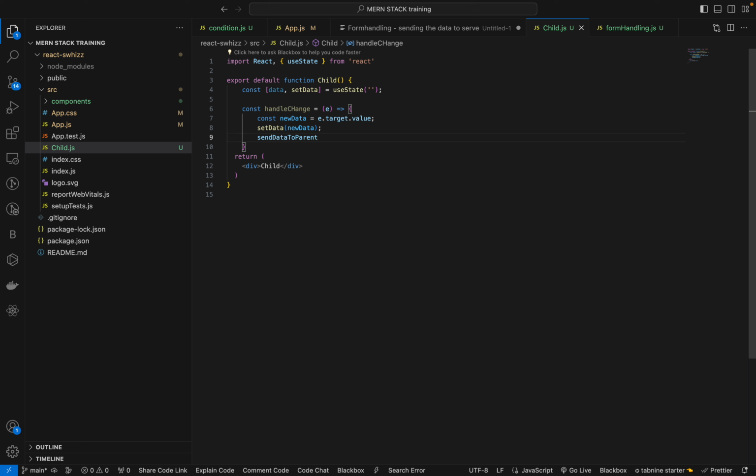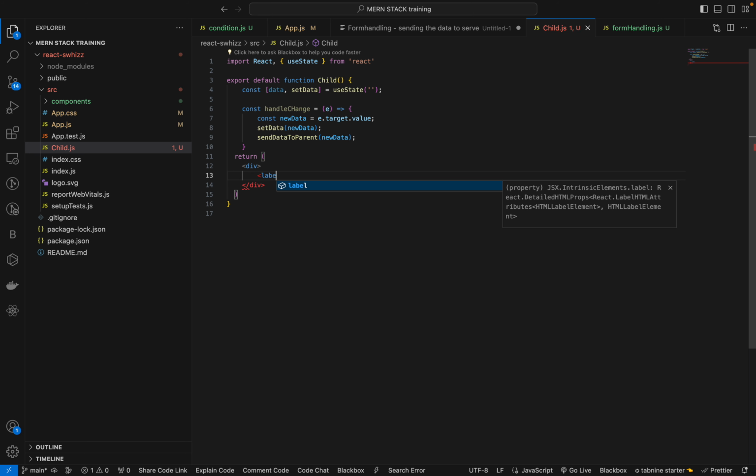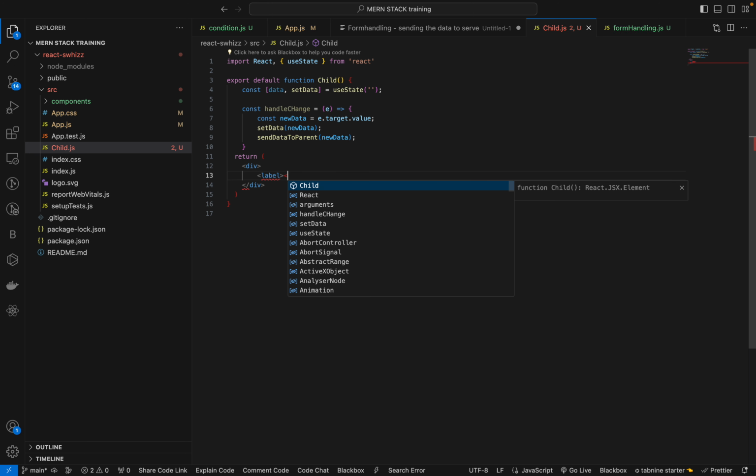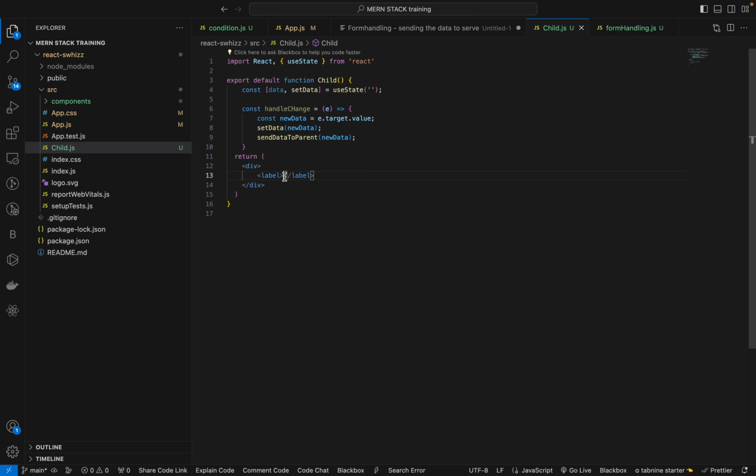Okay, I will send it. Right now I am using it as a new data now. So send data to parent. So here instead of child I'll use a label, and inside the label I will write enter the data,